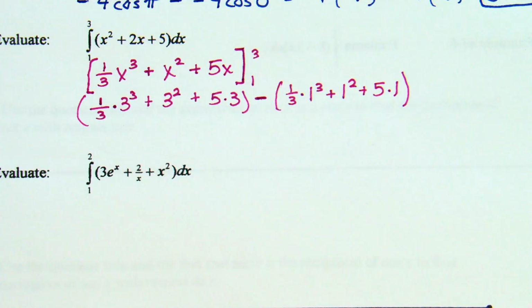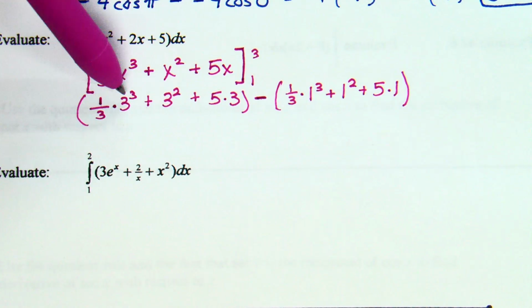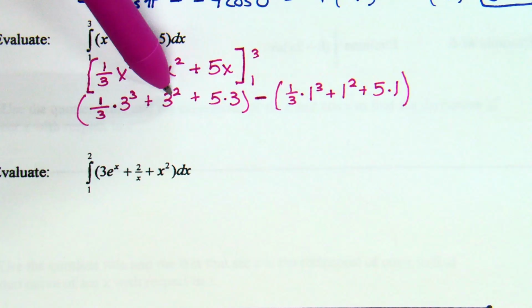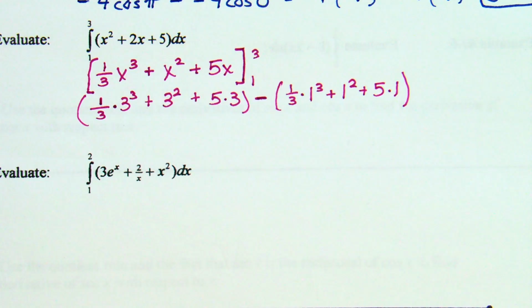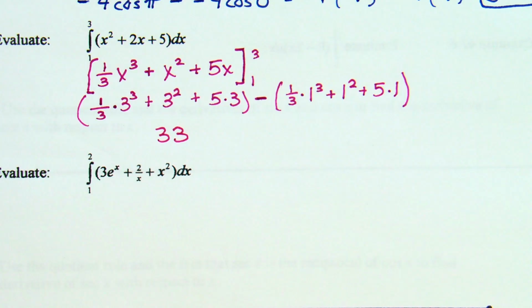There is importance in being able to do this type of problem without a calculator. I mean, not that you can't use the calculator in certain situations, but this is doable math without a calculator. 3 cubed is 27. 1/3 of 27 is 9, plus 3 squared. So 9 and 9 is 18, plus 5 times 3, 15. So that first parenthesis is 33. 18 and 15. Minus